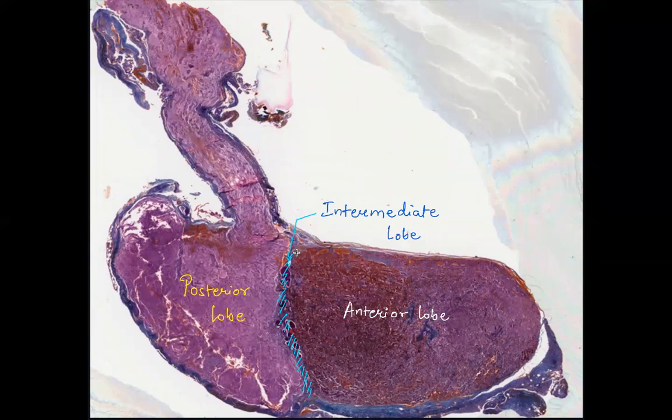Now, as far as the anterior lobe is concerned, as I just mentioned, it releases hormones which are called tropic hormones. So first amongst these hormones is the growth hormone, also called somatotropin or the somatotropic hormone. As the name suggests, growth hormone will definitely be responsible for stimulating growth of the body. The target organ for this hormone is the long bones. It helps in the elongation of bones and proper physical growth and development of an individual.